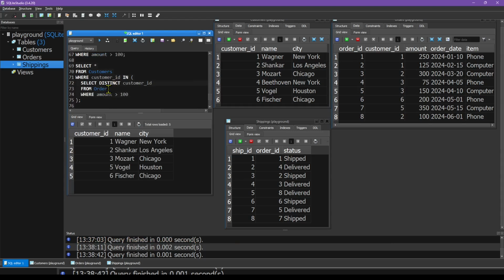So this right here is my inside query. This one is responsible for giving you those numbers 12365. So this is my outer query right here, and this is my inner query. So this is called a sub